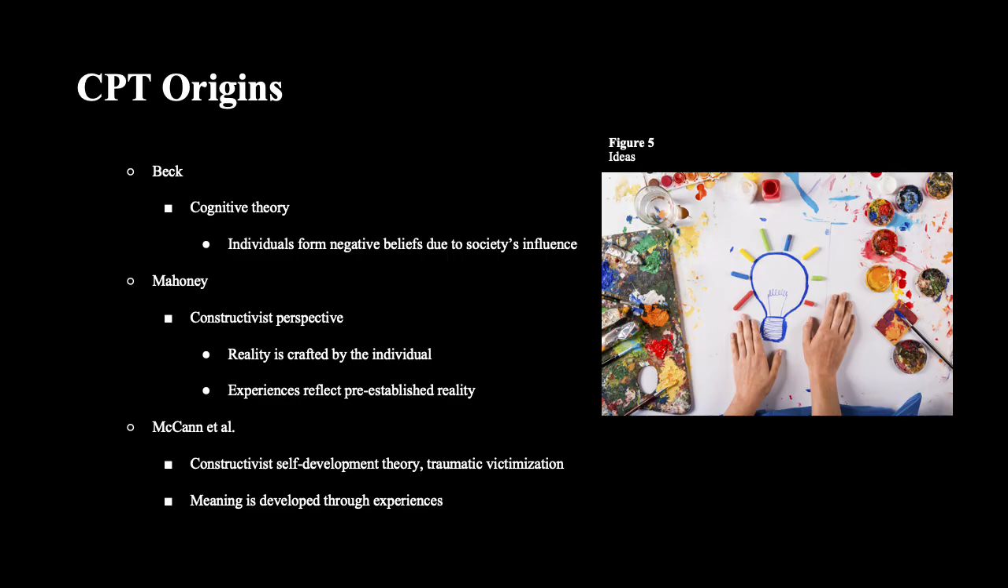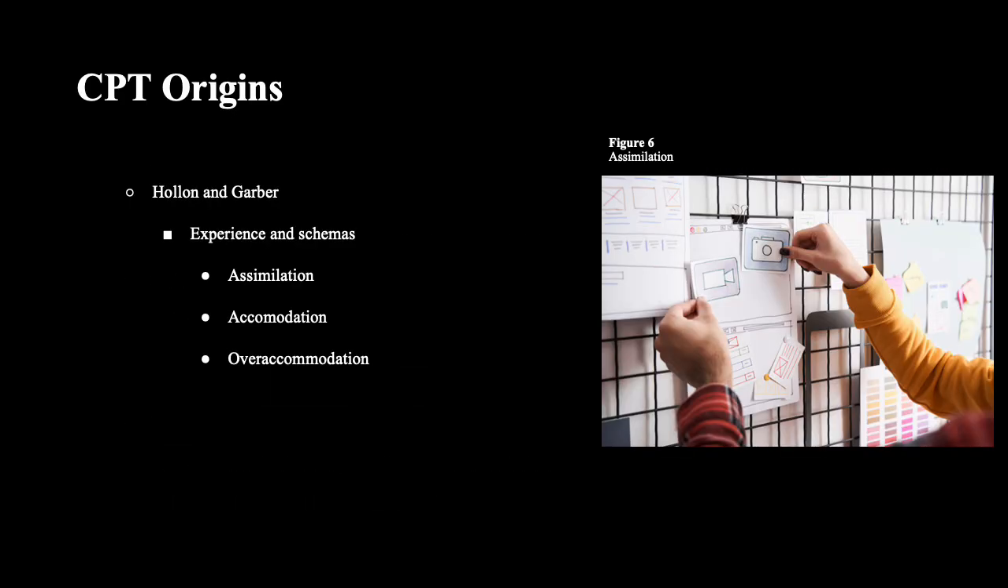McCann developed the constructionist self-development theory and the concept of traumatic victimization. According to this theorist, meaning is developed through experiences. The next and final theorists are Holland and Garber. These theorists bring in the concept of experience and schemas and the terms assimilation, wherein memory is changed to suit